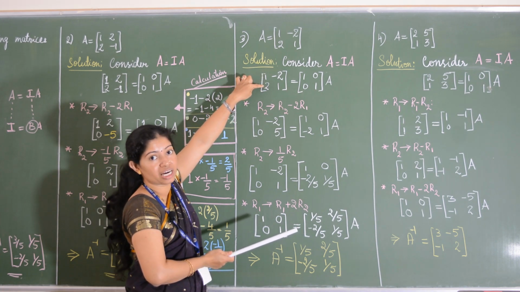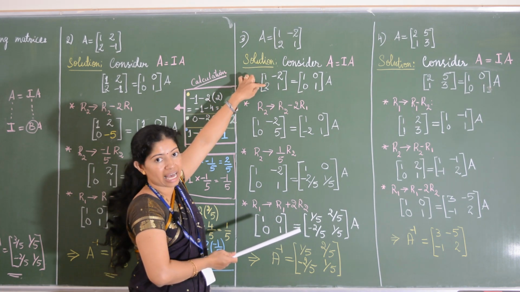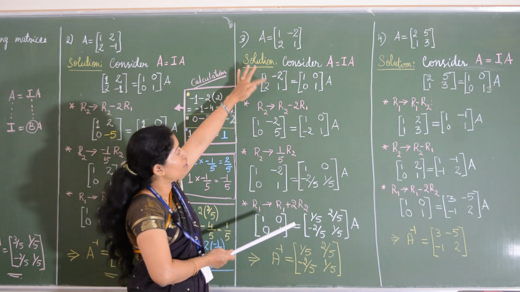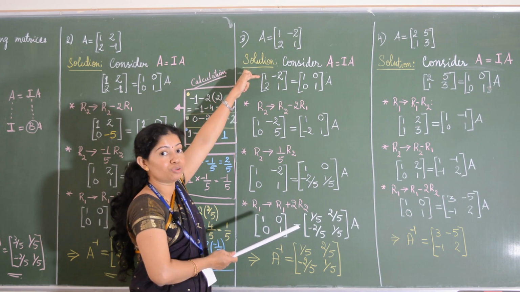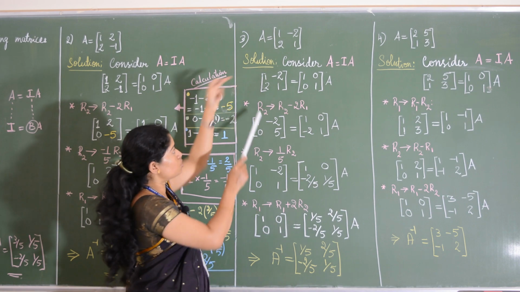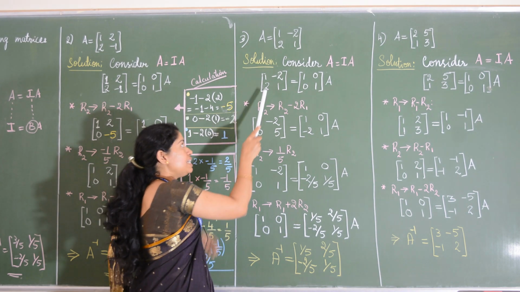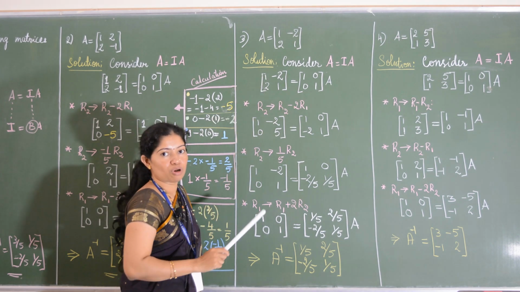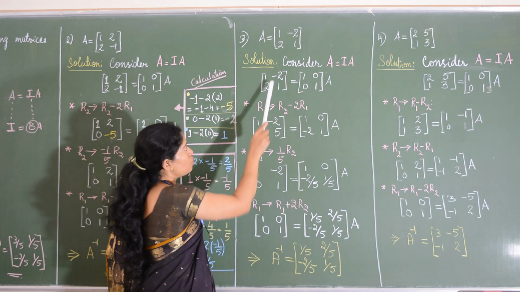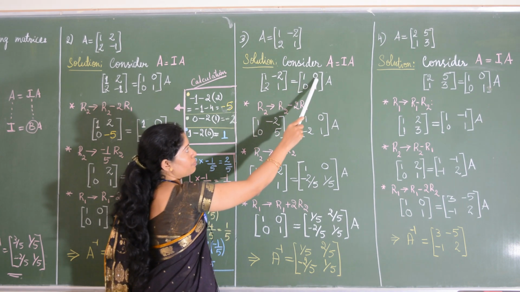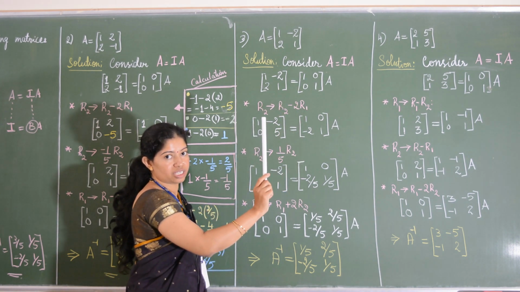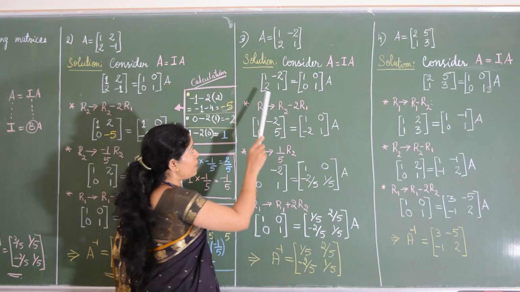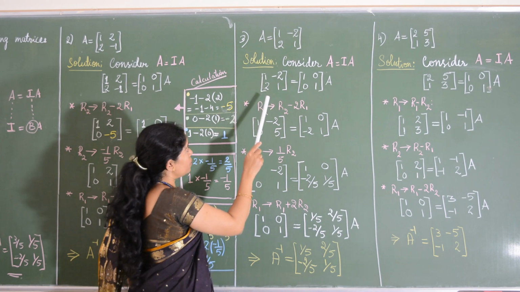Apply the operation to the second row. Make this entry a 0. So to make this entry 0, what do we have to do? We have to multiply the first row by 2, then we need to subtract. So R2, we are applying to the second row elements. So R2 will change to R2 minus 2 times R1. So first row copy as it is. Don't make any changes there, because we are applying the elementary operations to the second row. So apply the operation now here.